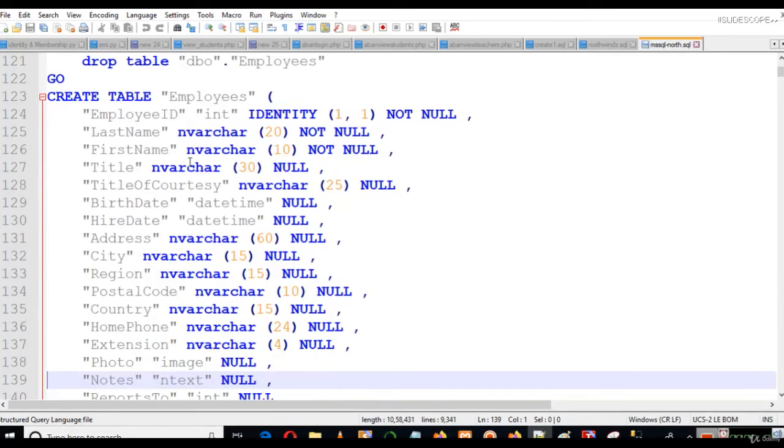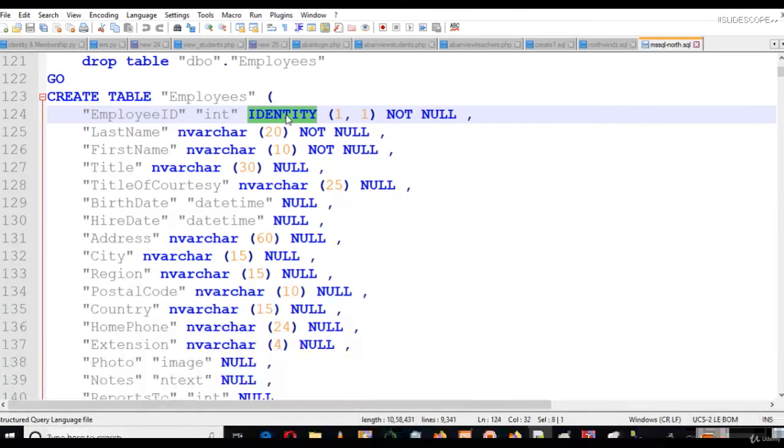Now see, at line 123 here we have our create table command. So create table employees, employee ID, integer, identity (1,1). I will explain the purpose of identity. Identity is similar to primary key in MySQL. So we are setting identity.